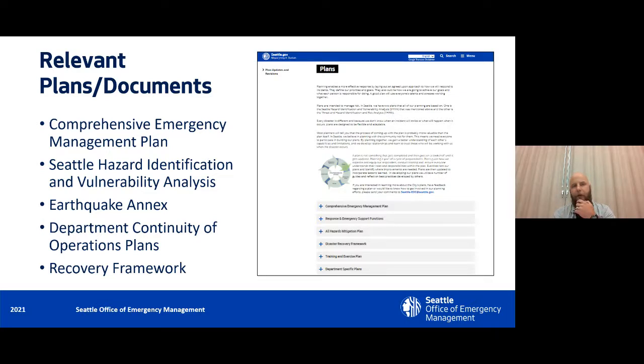At the most basic level, we have our Comprehensive Emergency Management Plan. So this is really an all hazards plan, meant to guide us in responding to any type of incident. It outlines how we organize and how we prepare for, prevent, mitigate, respond to, and recover from any emergency. So it's that high level: this is how we organize, these are the responsibilities across the city, and this is our overall vision for response. And then underneath that are a number of plans that exist within the CEMP.